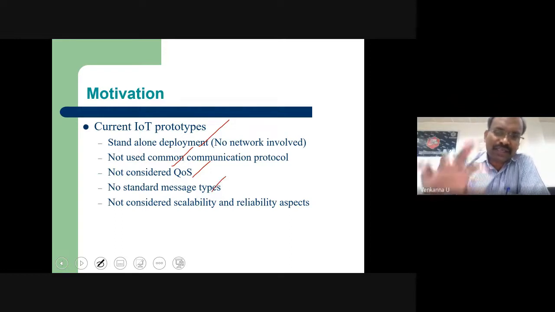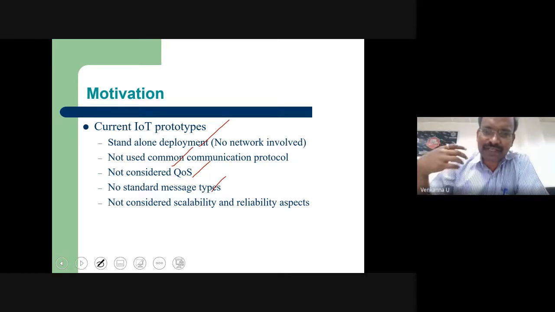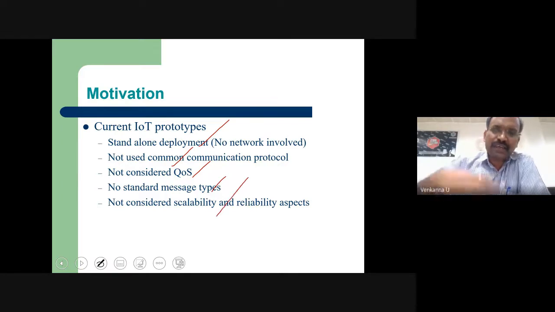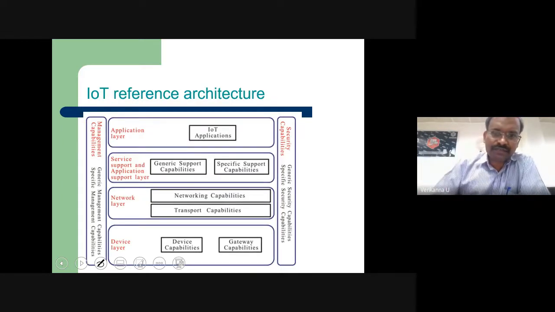Then whether you deal with healthcare data or agriculture data, you are going to get standard information. And you can think about the reliability aspect. That's all. These are basic architectures someone has given in a research paper, and I have taken them from that particular paper.